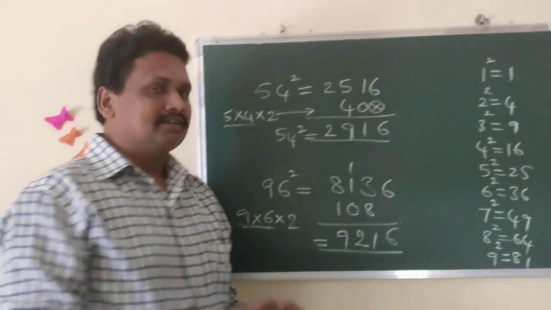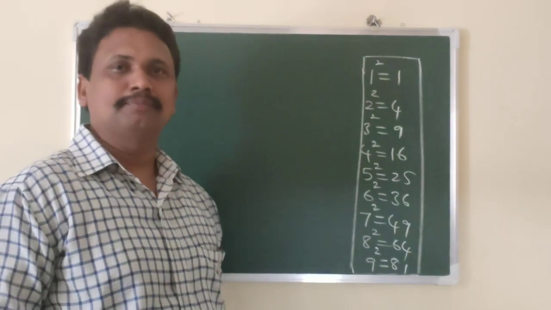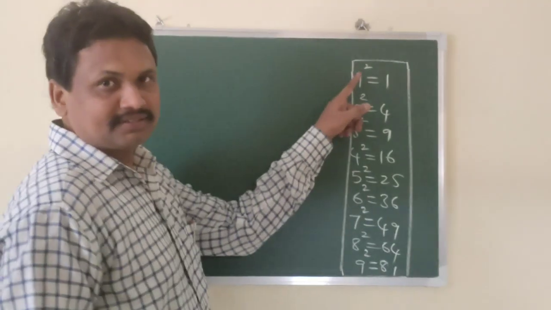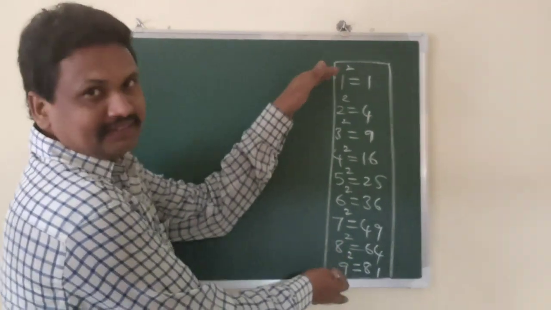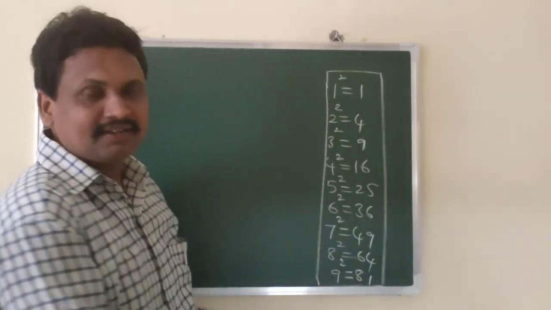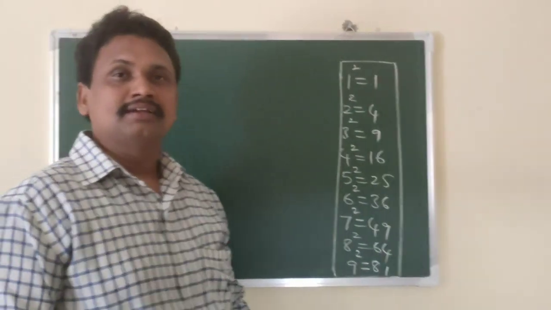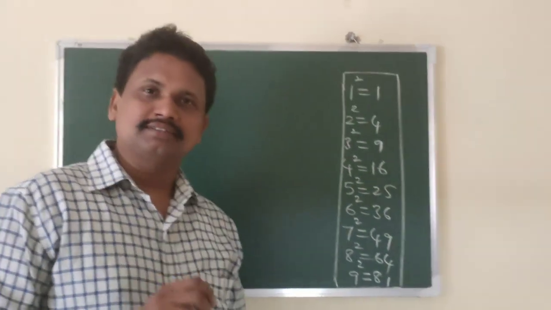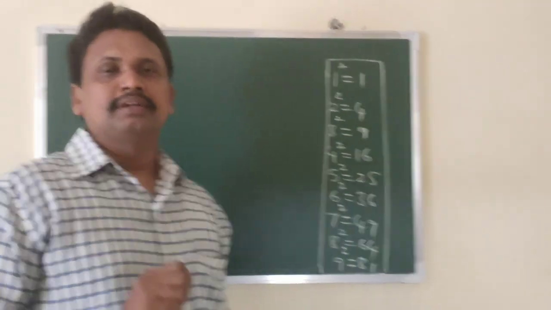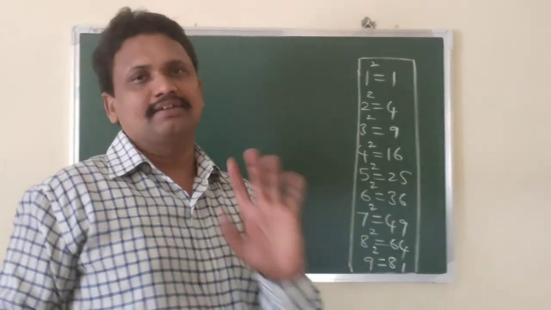Come to one more example. You should become perfect by practicing compulsorily. How perfect are you in these squares? 1 to 9 squares are easy, and that helps find squares up to 100 and 110. But a little bit of practice is required, my dear friends. Compulsorily do it on your own. Here there is only a small exception, which I will tell you.